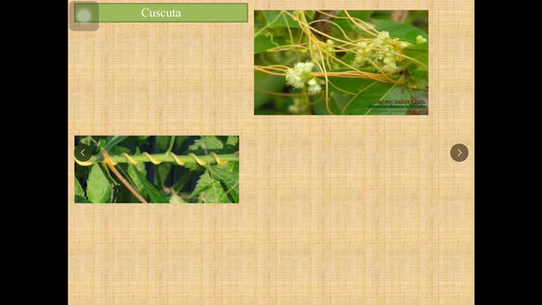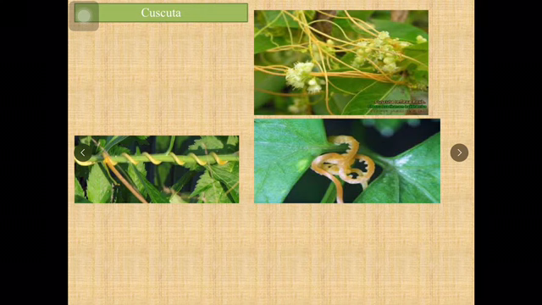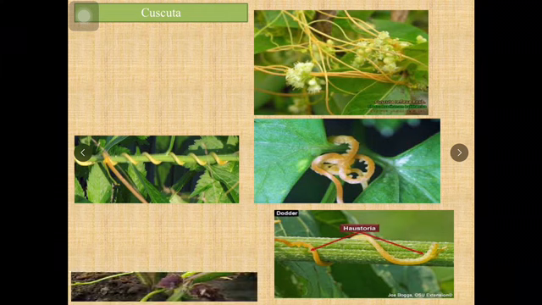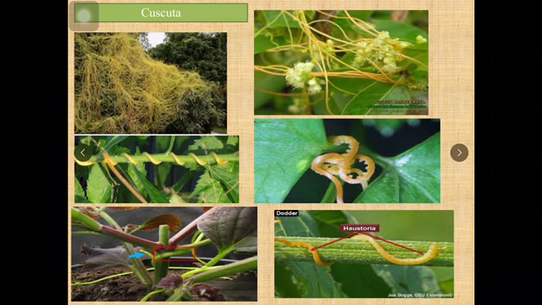Here you can see how it is spiraling around the stem of the green host. And in this figure you can see its haustorial roots. These are pin-like structures which pierce inside the soft stem of the host plant and take all the nutrition. It is very clearly showing the haustorial roots of dodder. And this last one is over a tree. If you look around yourself, you will easily spot it. Over a huge tree there will be this net of yellowish stem. This is actually Cuscuta.